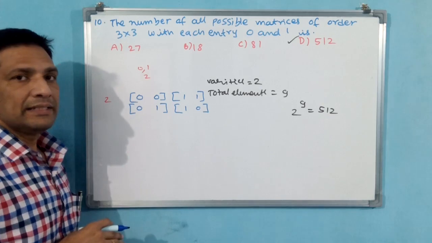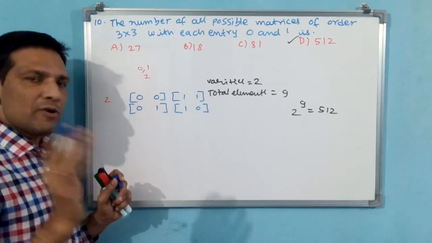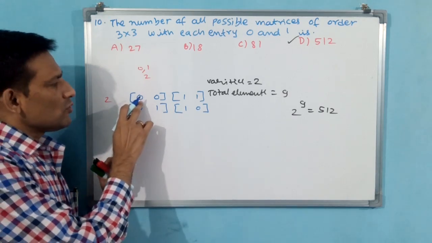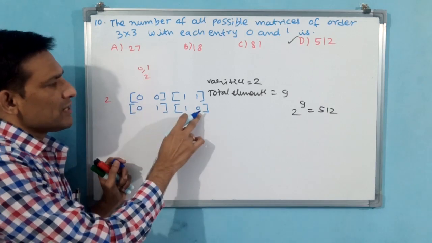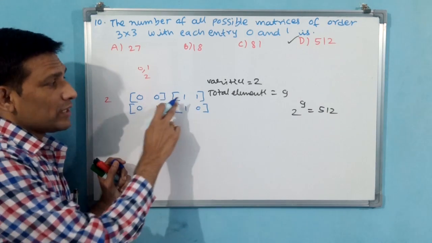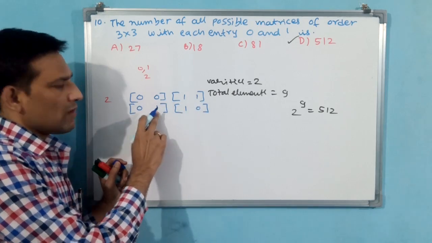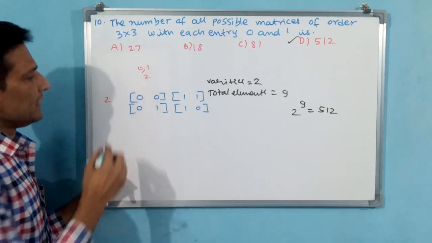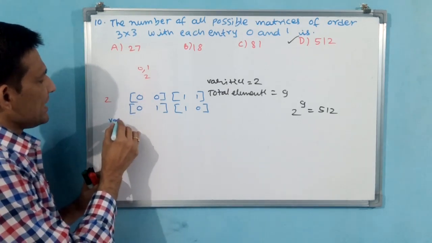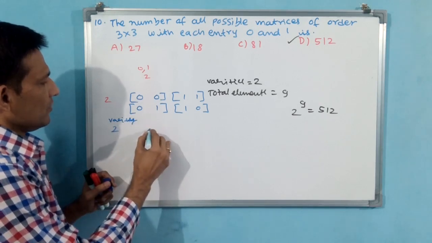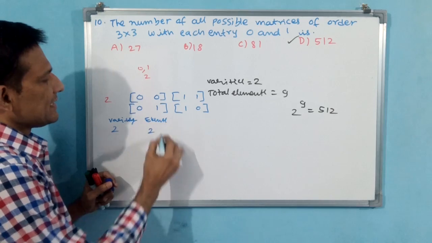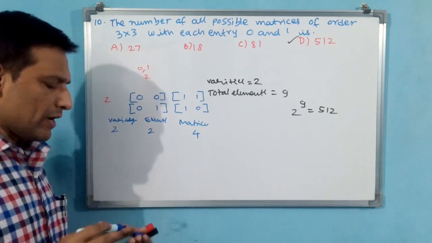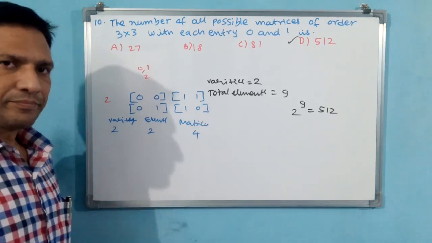You simply have to think logically. All zeros, all ones, over. Then 1, 0 and 0, 1, over. If you consider 0: 2 zeros, 1 zero first, 1 zero next, no zero. That's all. If you consider 1: all ones, 1 one first, 1 one next, no 1. That's all. 4 options. Now see how this formula works. 2 varieties, 2 elements, matrices. See, these are matrices. 4 matrices. How many have come? 4 have come.